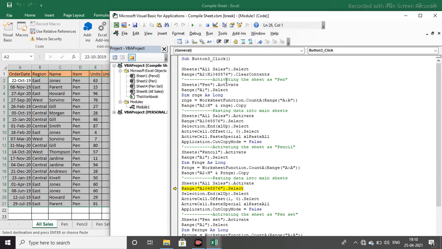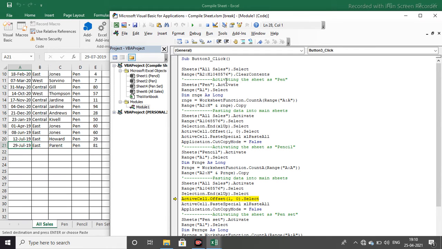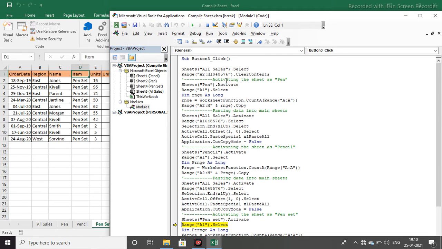Now the all sales sheet will be activated. After that it will go below the last data and move to the next cell, and the data will be pasted over here. After that again it will select the next sheet.